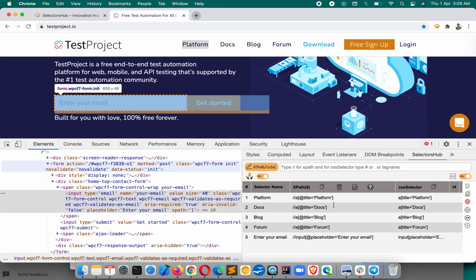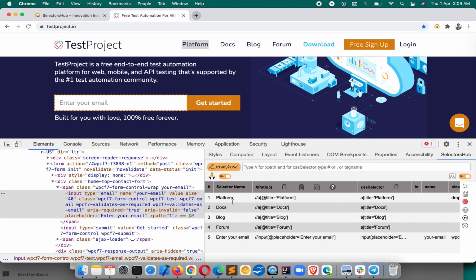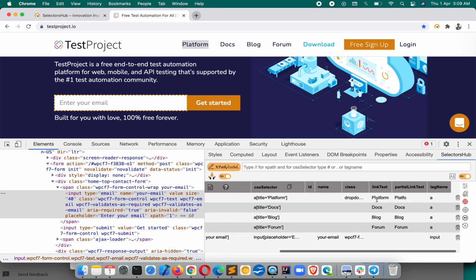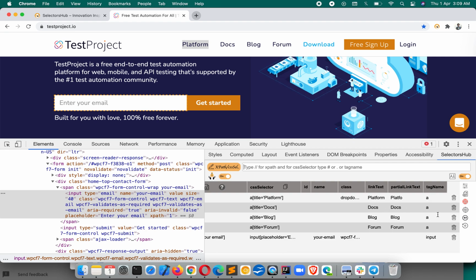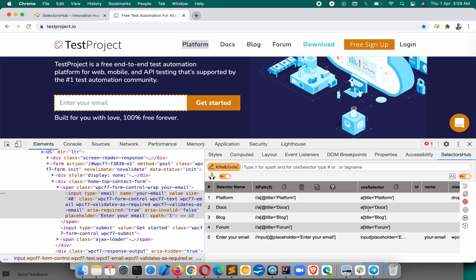Now you also get the label name, like platform, then XPath, then CSS selector for each inspected element, and whatever else is possible. You see that for the first element class was there, for the rest of them class was not there. Link text, partial link text, tag name, input. This is really amazing. Now we have got all the possible selectors.